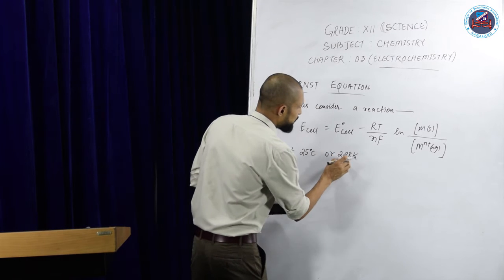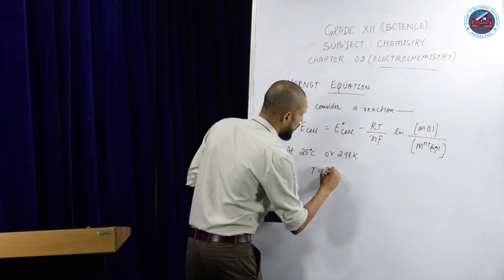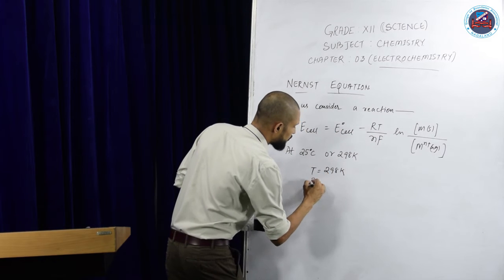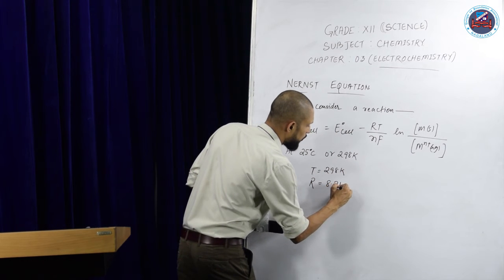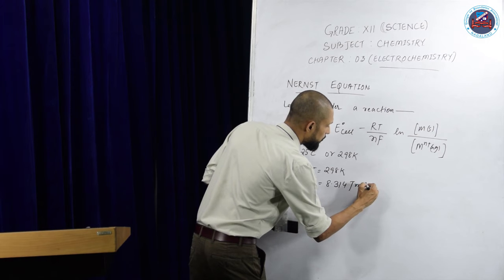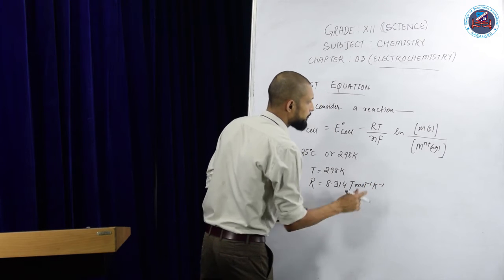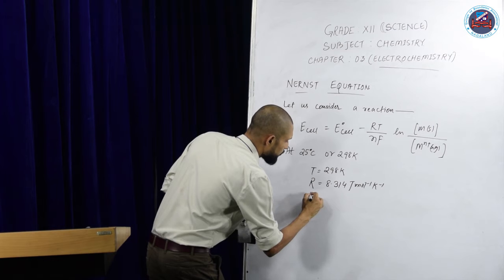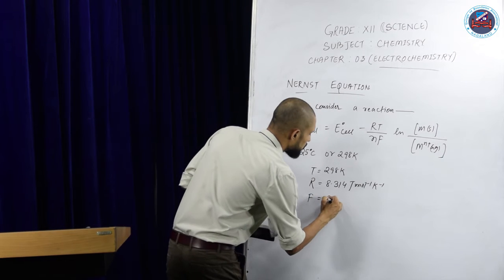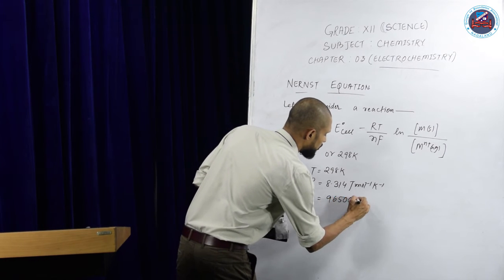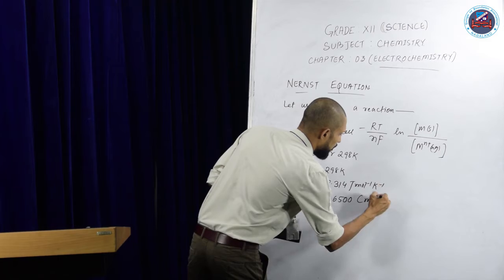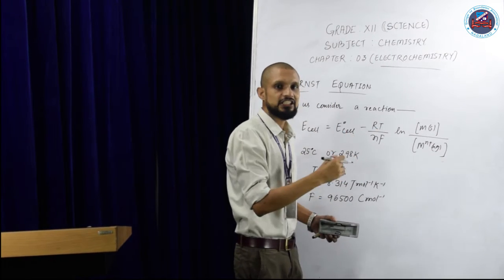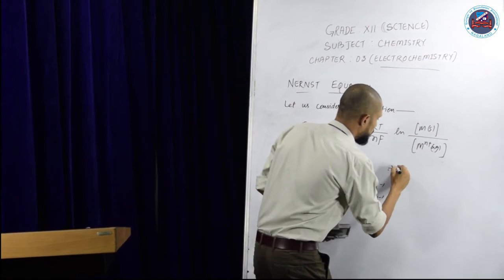So if the temperature is 298 Kelvin, that is T equal to 298 Kelvin. Our universal gas constant is 8.314 joule per mole per Kelvin. N is number of electrons. F is Faraday's constant, so F equal to 96500 coulomb per mole. So if you put these values in this equation and simplify, we'll get